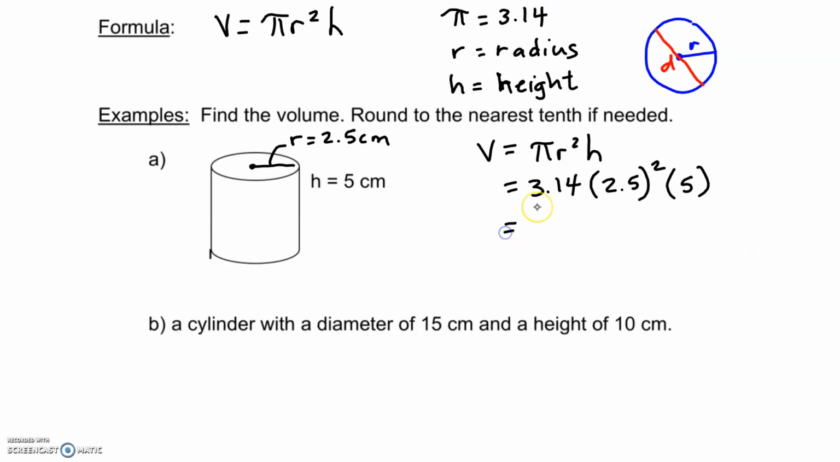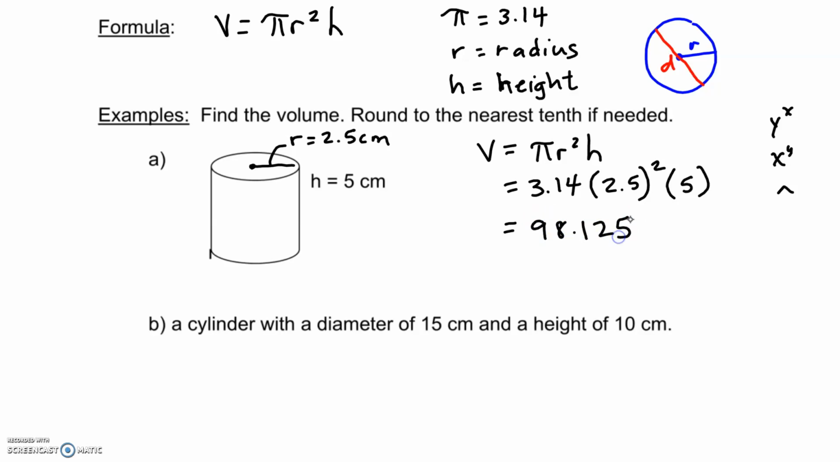All right, now we're going to use our calculators, and we're going to do this calculation all at once. So you need to be able to find the exponent button in your calculator. It's either going to look like a y to the x, sometimes it's x to the y, and the little hat. So you need to look at what yours is, and we're going to type this into our calculator. So we're going to start with 3.14 times 2.5, the exponent button, and now I'm going to put 2 for the exponent, times 5, and you should get